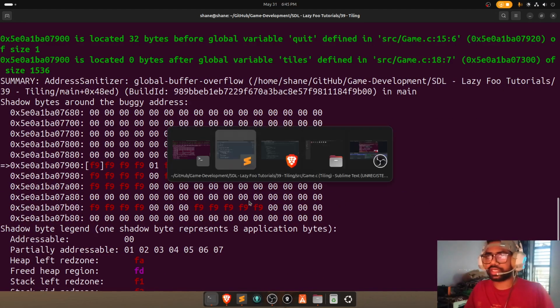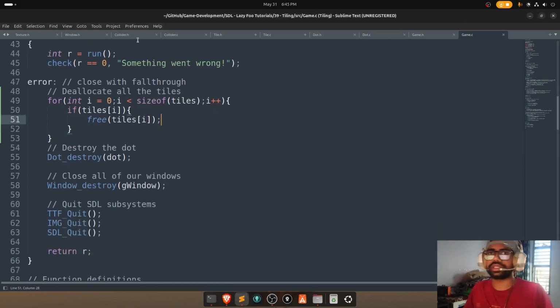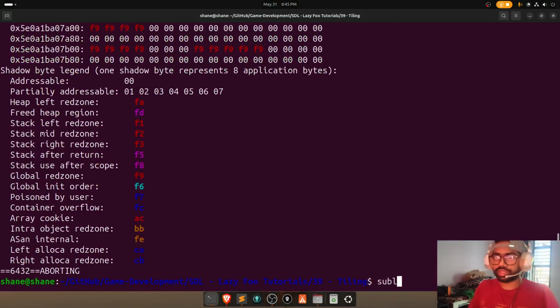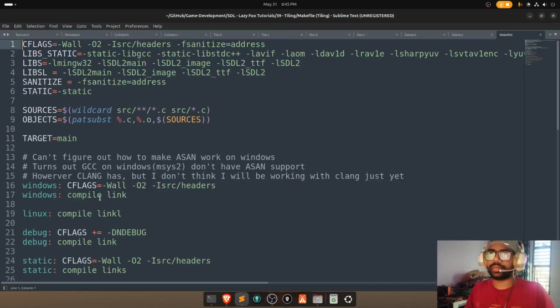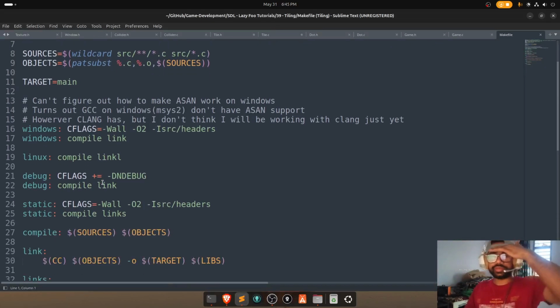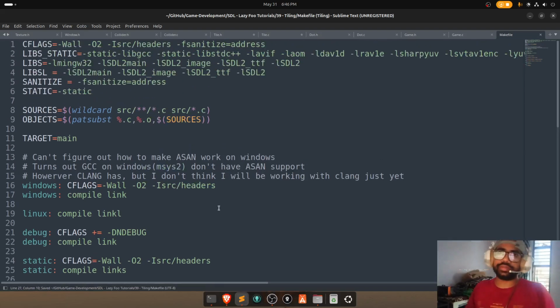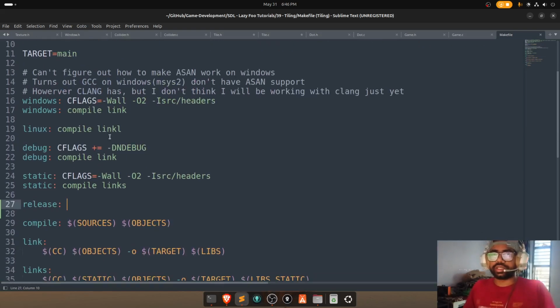Okay, and if I build it, is the makefile. Okay, so we open the makefile. We have Windows, Linux, debug, and let's also define a release. Right, CFLAGS, libs. Please, we go